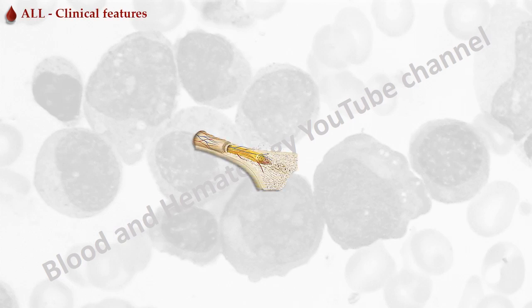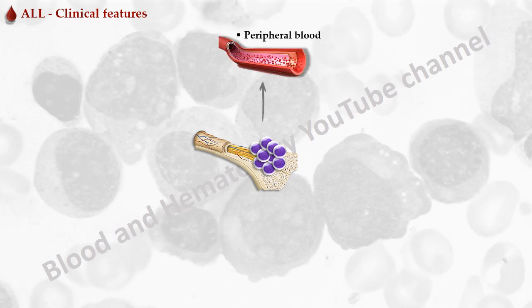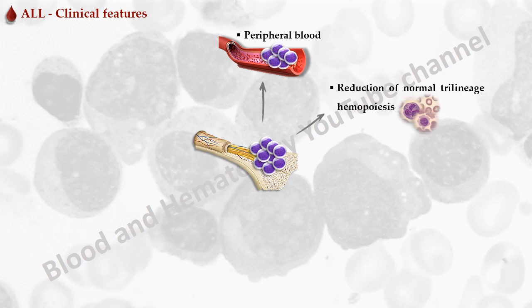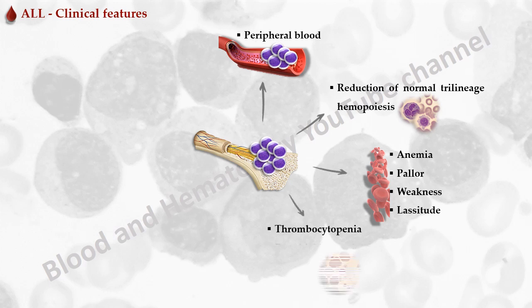Clinical features of ALL at presentation can be related directly to the replacement of normal bone marrow elements by neoplastic cells. ALL develops in the bone marrow and invades the peripheral blood and other extramedullary sites. The infiltration of the hemopoietic parenchyma is often massive at the time of diagnosis and leads to a marked reduction of normal trilineage hemopoiesis. Pallor, weakness, and lassitude attributable to anemia are the most common presenting features, and bleeding in the form of petechial hemorrhage frequently accompanies